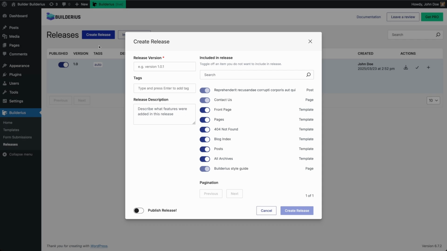I click it. The release version is required. So for instance, I can write 1.1, then some tag, demo purpose, and I click enter, and my tag is added here. Then I can add a description for the release. So should it be demo release? And here I can decide which